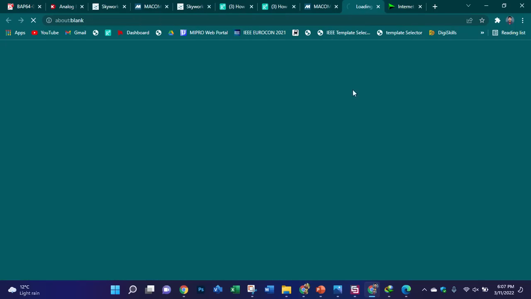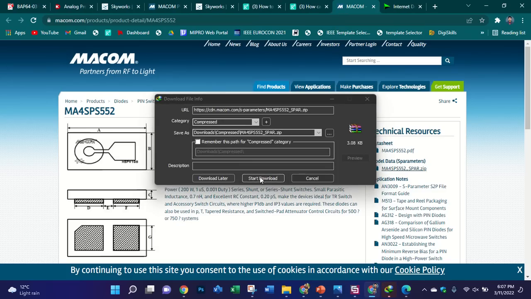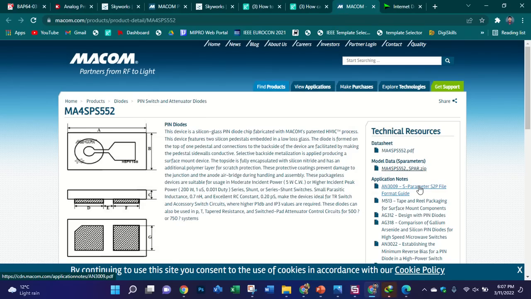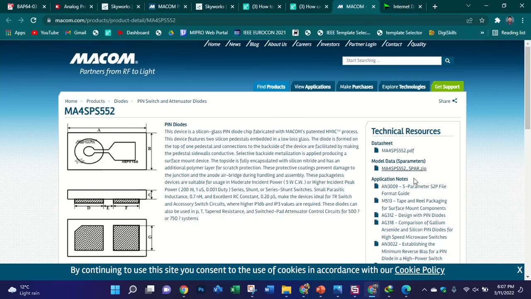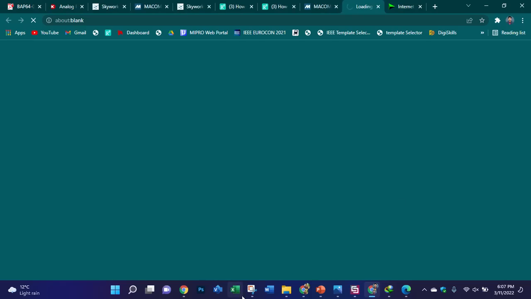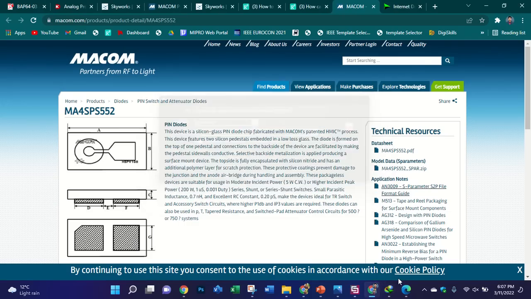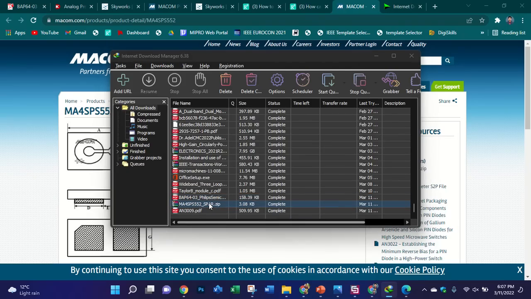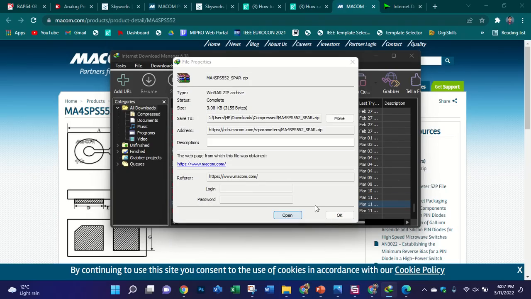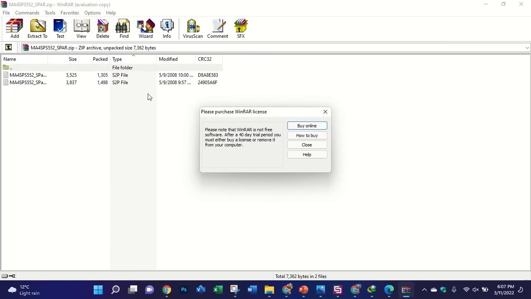Yes. Like this, okay. You will find a zip file, and when you open it you will find many files,